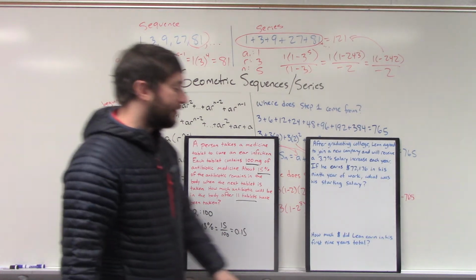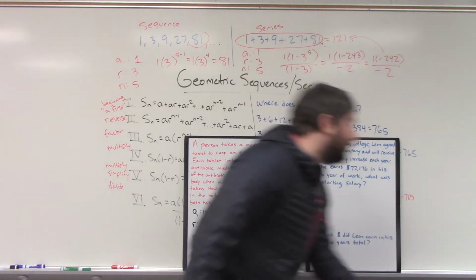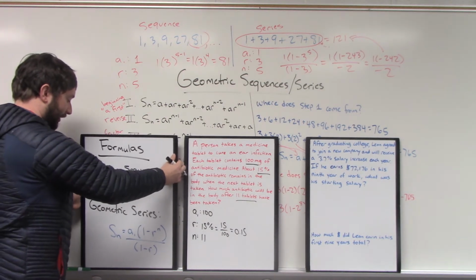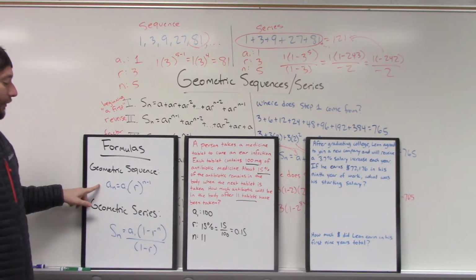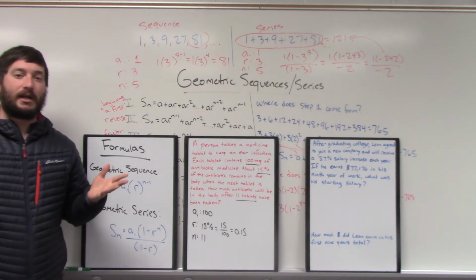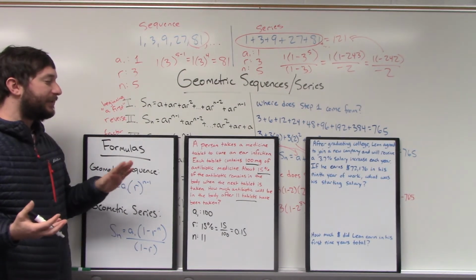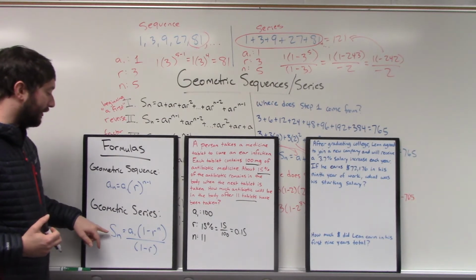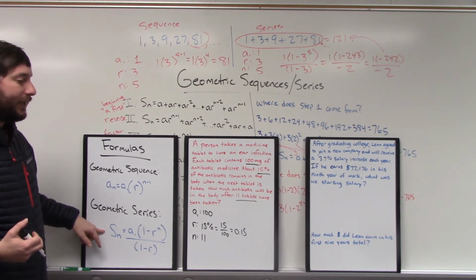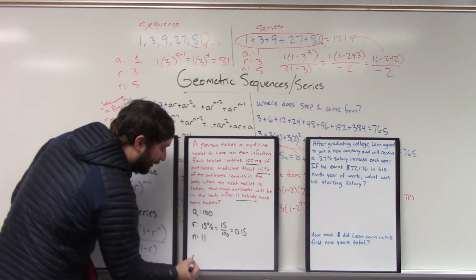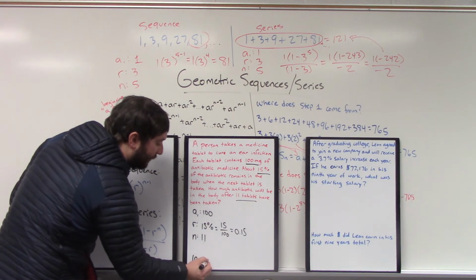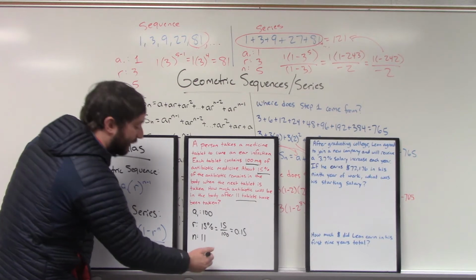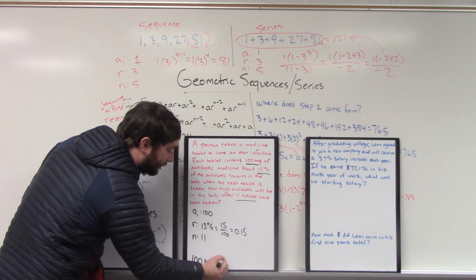The question is, are we going to use the geometric sequence formula or the geometric series formula, right? Are we going to look for just what happens at the 11th tablet, or is there an accumulation effect here? And it turns out we're going to use the series formula, right? You start with 100, yes, but then when you take your next tablet, that's another 100 plus whatever you had left over from the first,